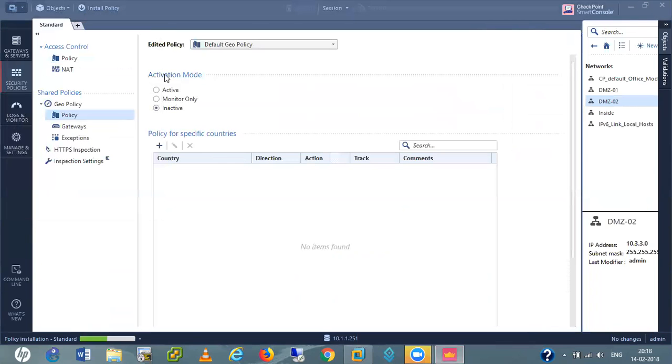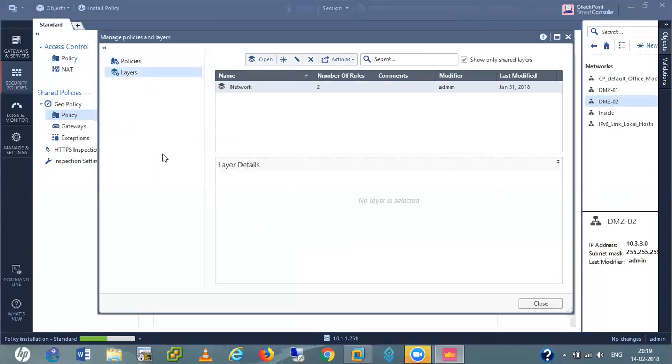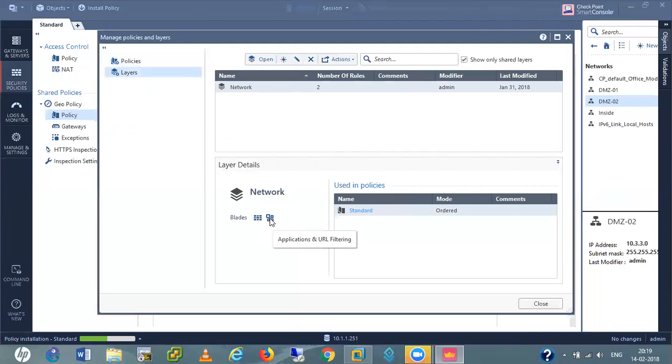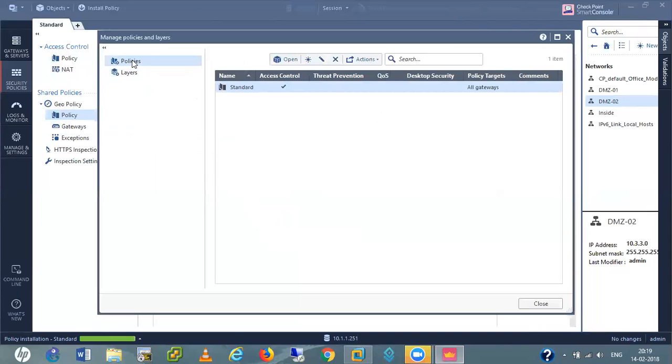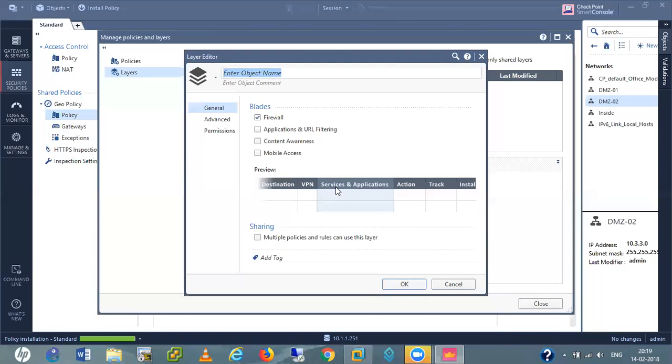Manage policies in layers. Application and filtering. Okay.